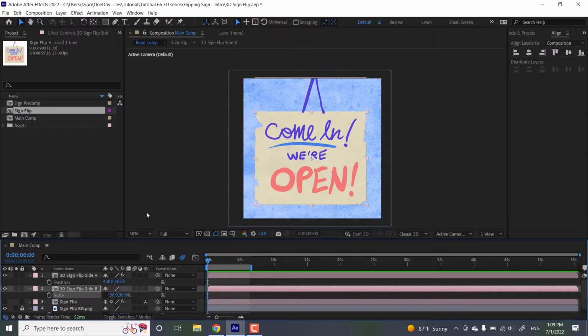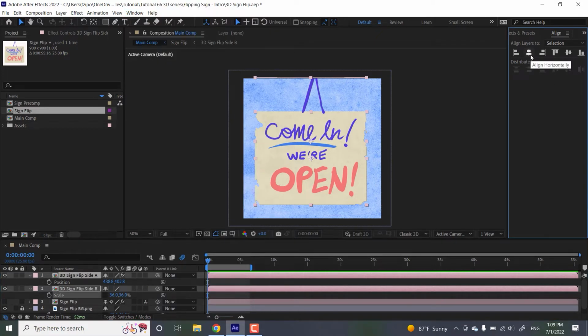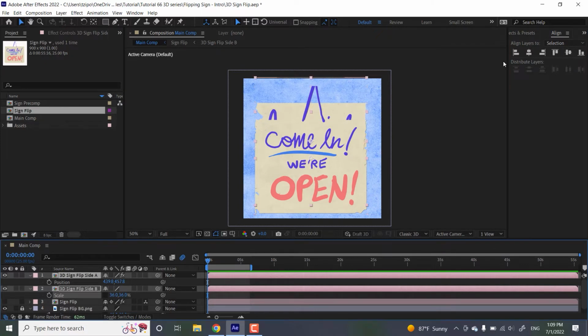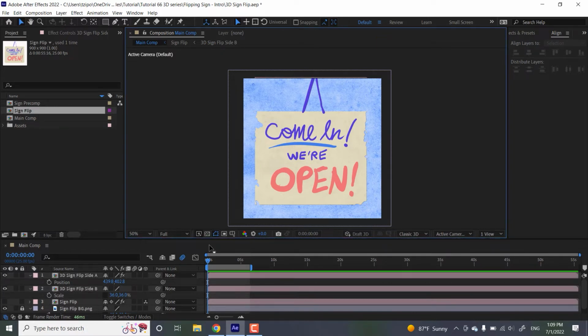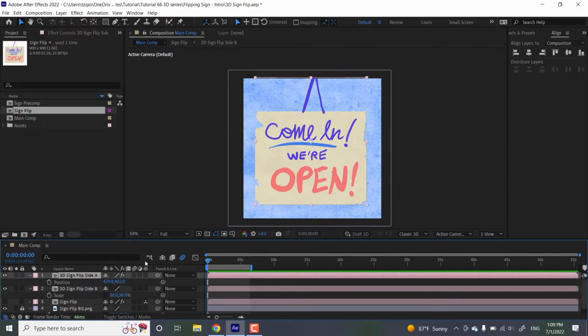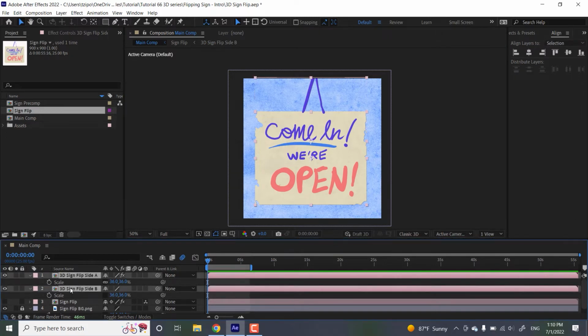And so first there's a little bit of setup in order to make this work. So we're going to select both of these and make sure that they're aligned with each other. If you don't see this, you go to Window, Align, and you'll see this panel. And you're going to hit Align horizontally to try and get them to be perfectly on top of each other. Resize them if needed. They should be a correct size, but I've got them down here. Both of these are about 36%. And okay, so with these two sign sides,